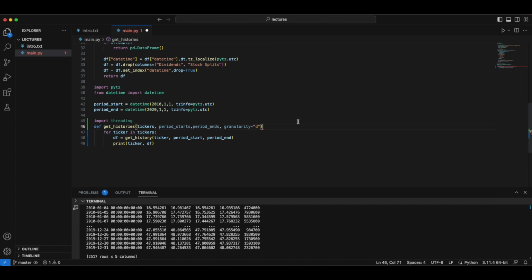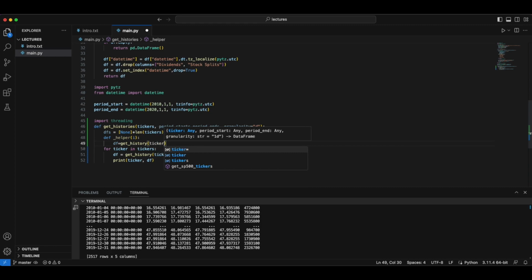Okay, so we want to get the results inside a list. So we want to populate this list. Right now we set it to none first, but we want to populate it with a list. In order to do that, we're going to code a helper function that takes in the index and gets the history for